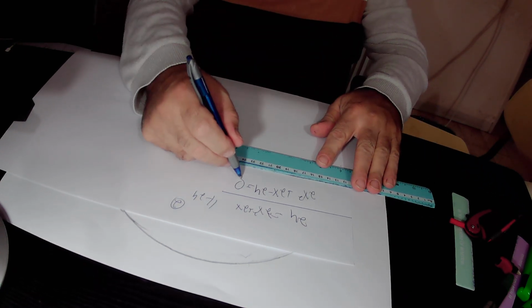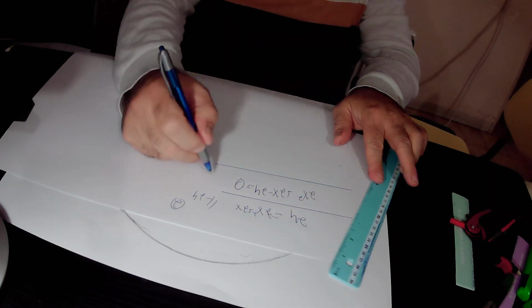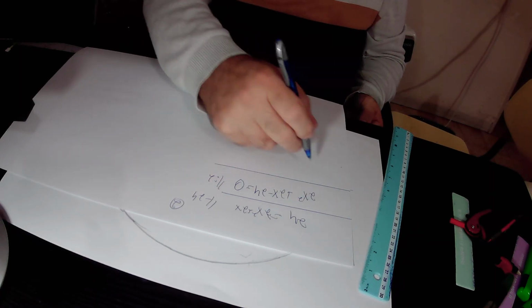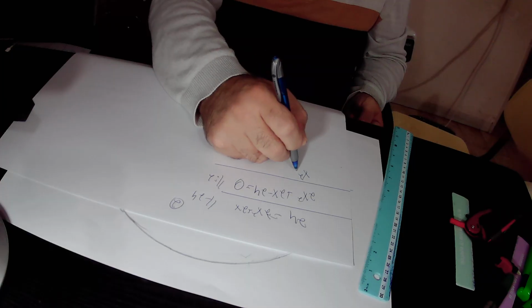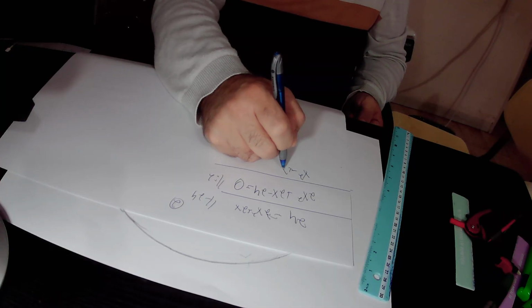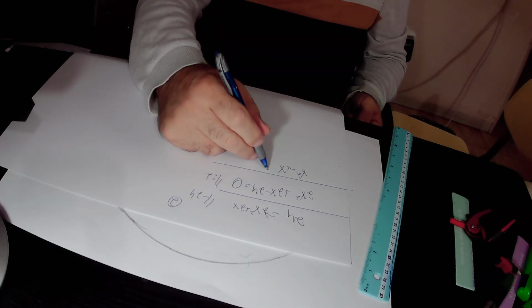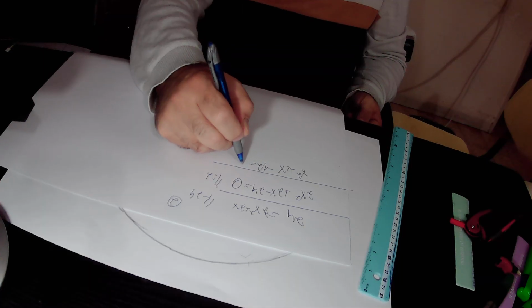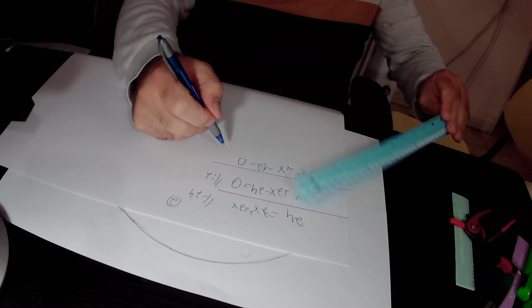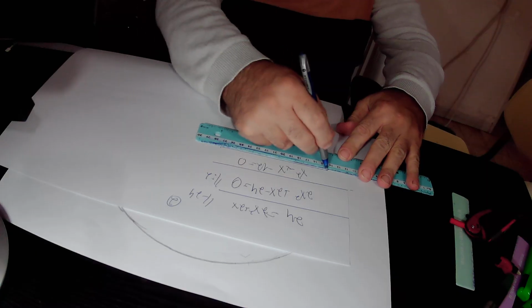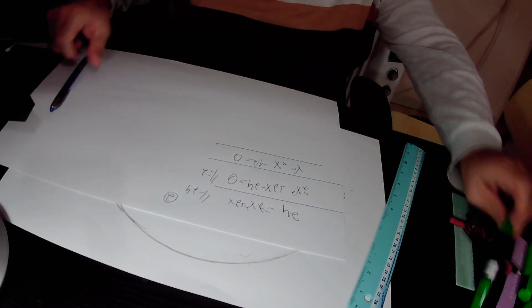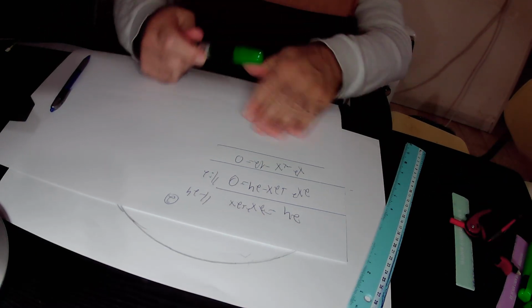Here we will divide this equation by 2 and we get that 2x squared over 2 is x squared, plus 2x over 2 is x, minus 24 over 2 is minus 12, equals 0 over 2 is 0. So in total we found out that x squared plus x minus 12 equals 0. So this is a quadratic equation